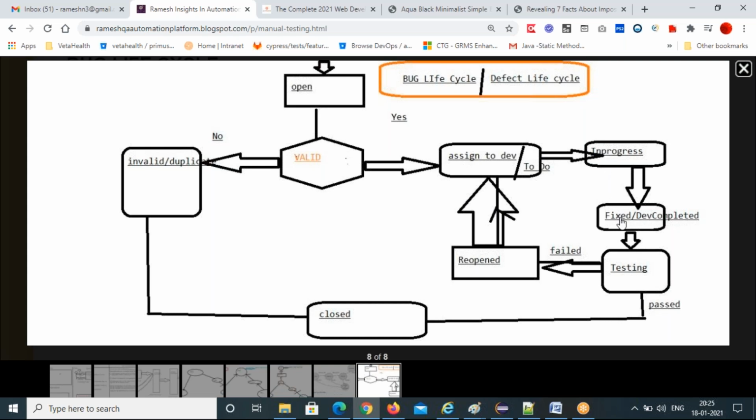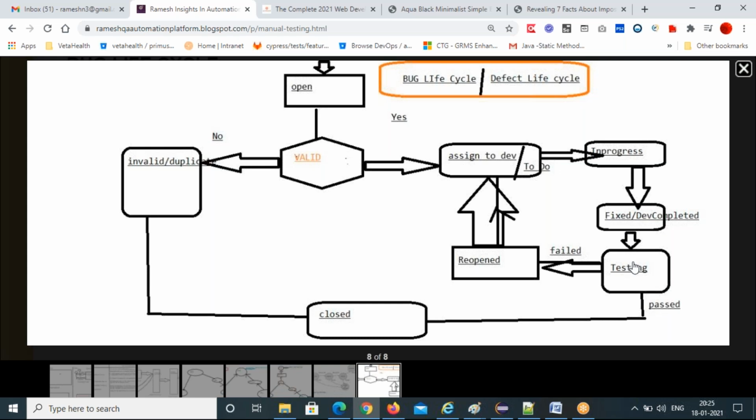Then he will fix that bug, and change from in progress to fixed or dev completed. Once it is dev completed or fixed, it will move to testing. They will assign it to testing and say this bug is in testing.